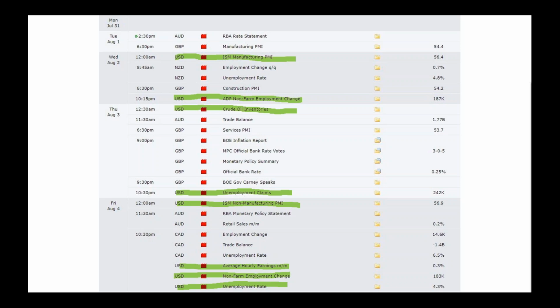So I think for the US dollar to make a recovery, we really need to post that 183,000 jobs. We need to be on that mark. The unemployment rate needs to drop a little bit, and average earnings as well. So if we get a combination of the three all pro US dollar, well then we can see a recovery